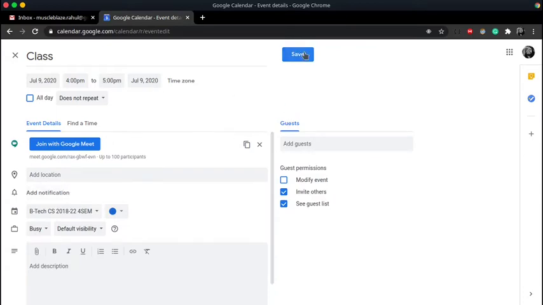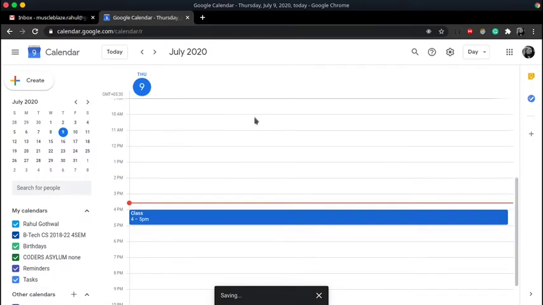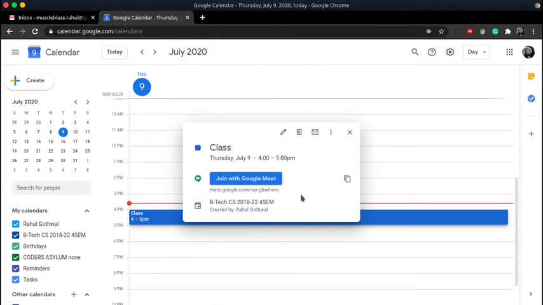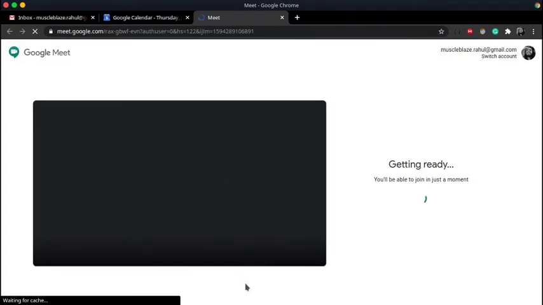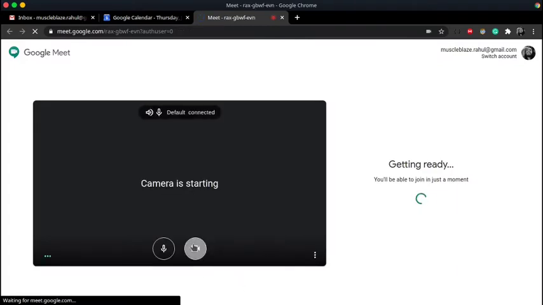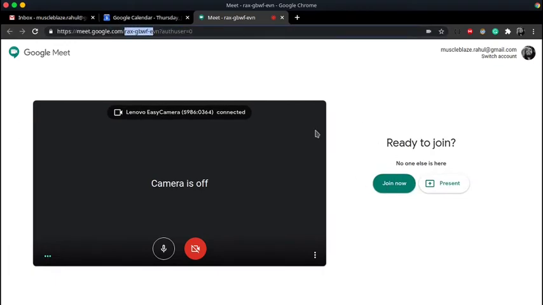So I will just save the meeting. Now here is a task created in the calendar. So in that meantime, our calendar will show us as busy and no other task will be assigned to us or the user. So now just check whether it's okay or not. I will just join Google Meet, click on that. Okay, now our meeting is ready with the same code. No need to join it. Okay, just to show you.